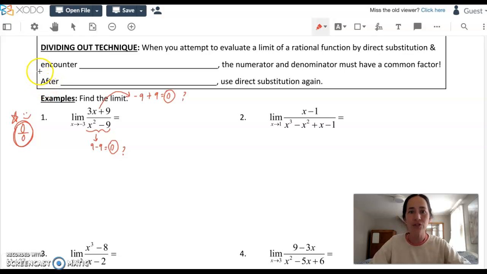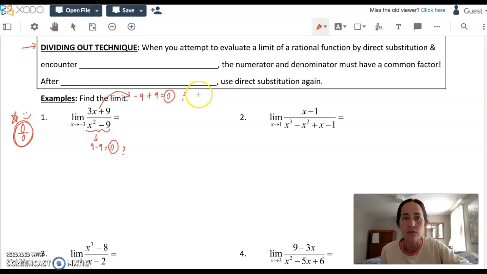So here we go. We're going to start with some algebra today, so we don't have to think about all these graphs for a change. And it says dividing out technique. I like factoring and reducing. I'm looking at 1, 2, 3, and 4, and I bet if we tried these, there's going to be a way to factor and make something cancel, like I would if I were trying to find a hole in a